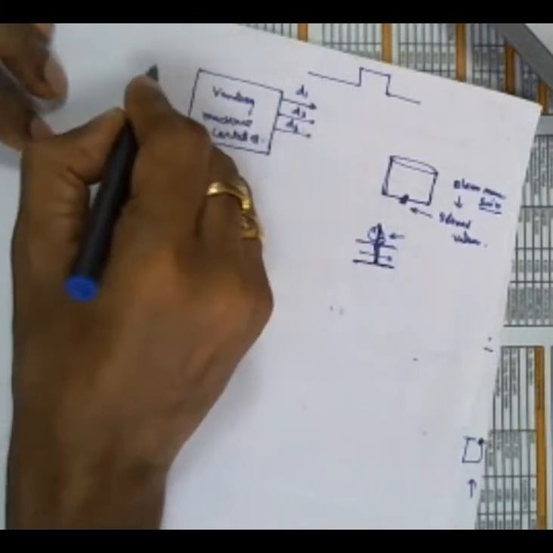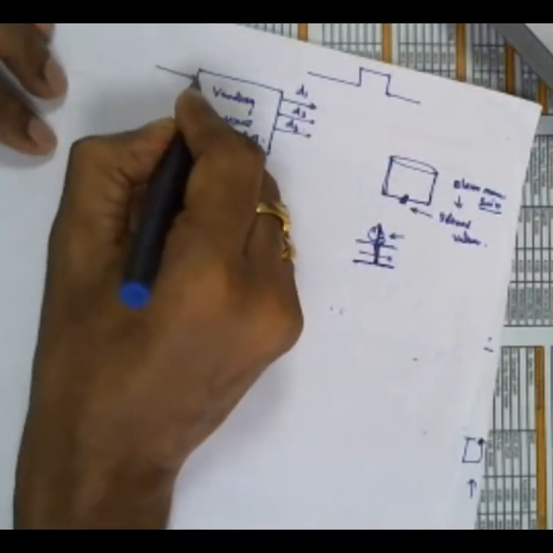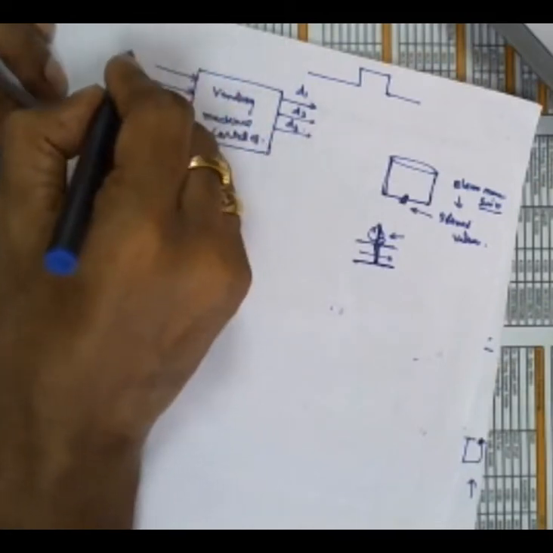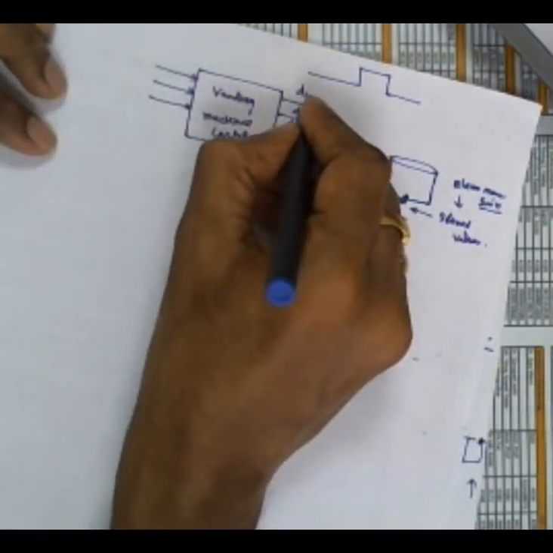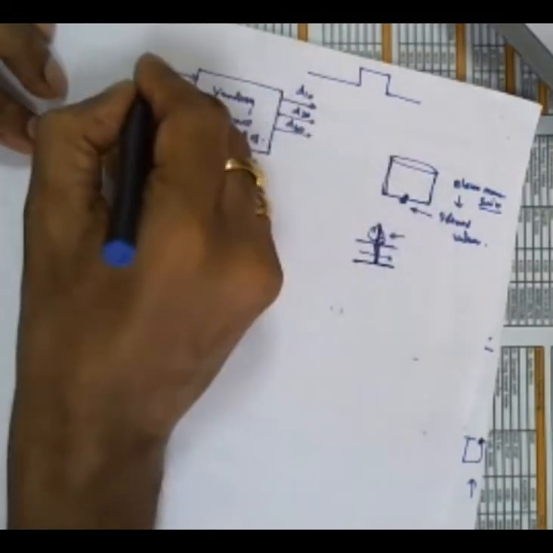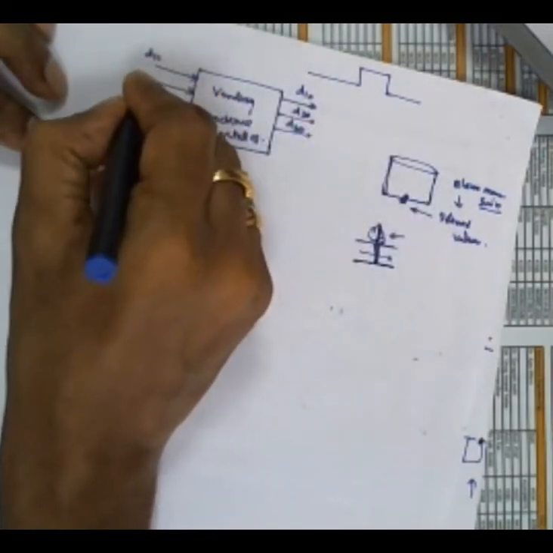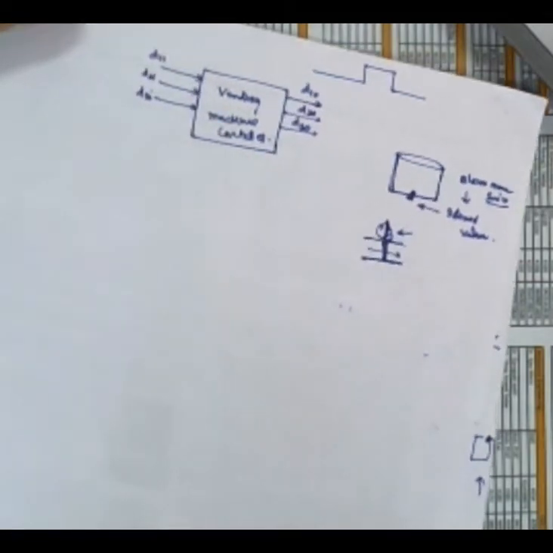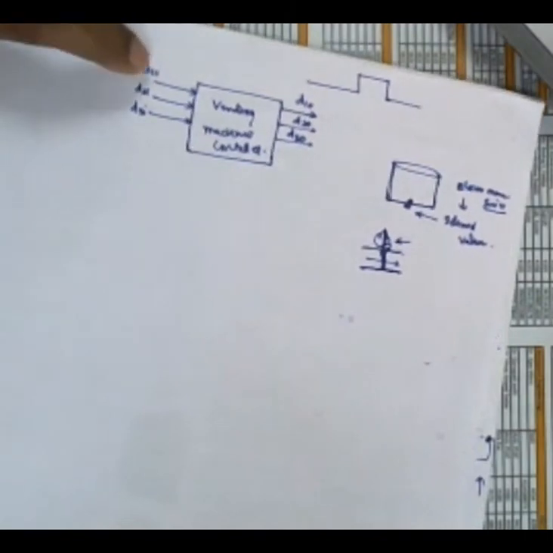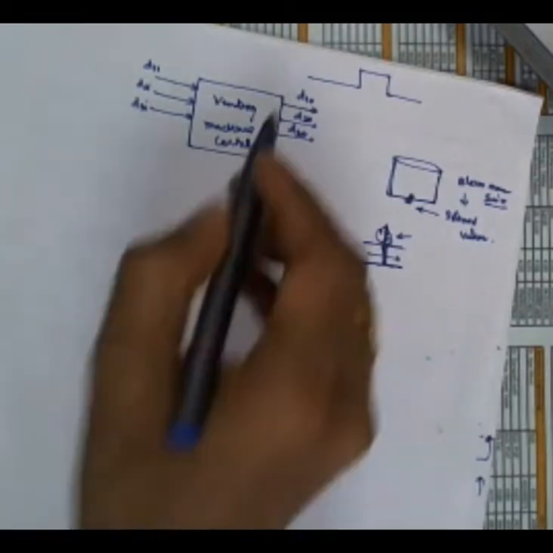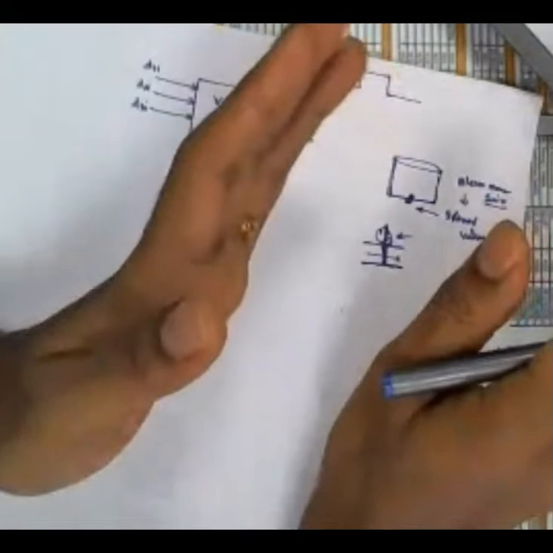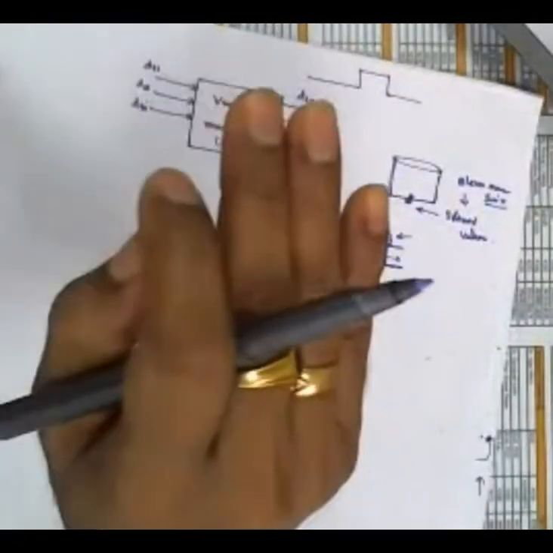Therefore, here the input is drink selection. There are 3 switches. This is maybe drink 1 out, drink 2 out, drink 3 out. This is drink 1 in, drink 2 in, and then drink 3 in. So what is the idea now? That means if this person presses this button, then the system should deliver him drink 1. That means this control goes into the solenoid valve now. There is a separate system. The mechanical system is a separate system. We talk about the vending machine controller only now.